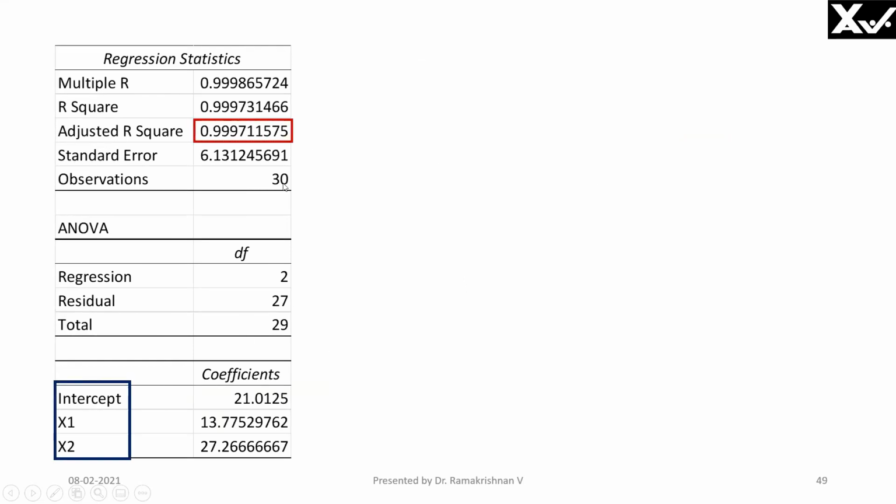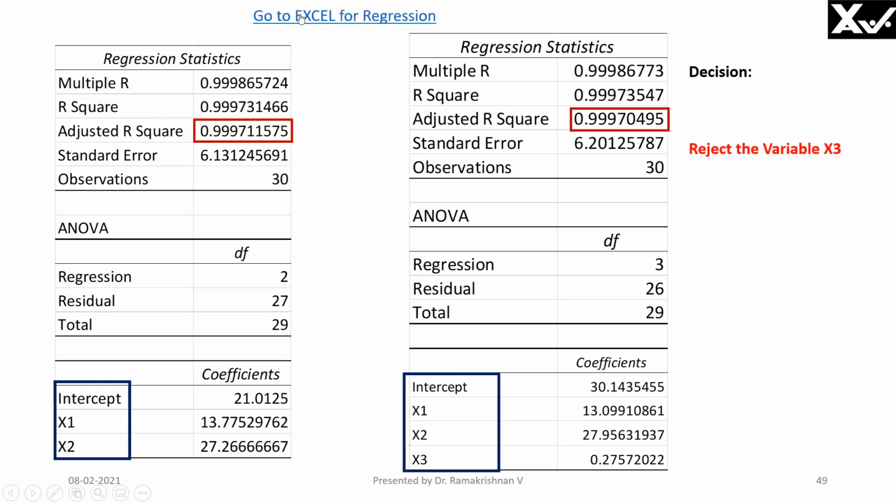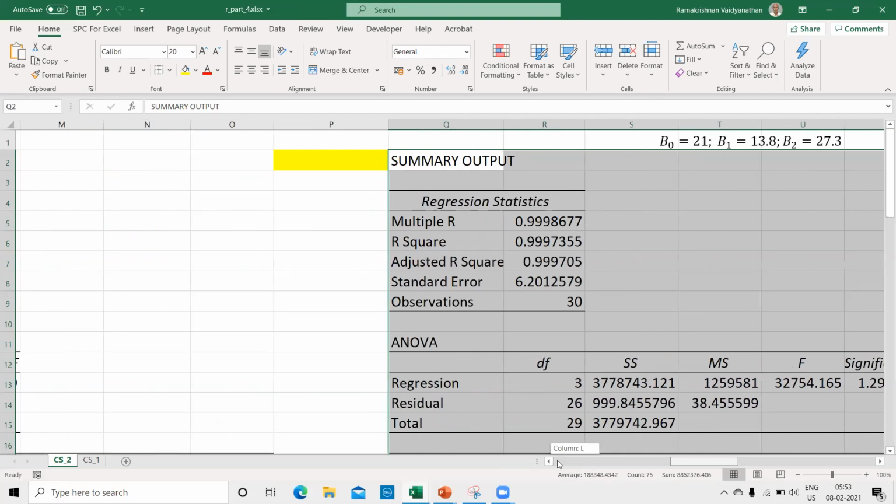Here there are 30 observations. We have seen that the R squared value in the two variable case itself is 0.997. We could have stopped there itself, but we tried to find out the effect of another variable, a random variable x3. We found out that it is decreasing. Therefore, we have taken a decision to reject. All these things you can compare here. Instantly, we got all the values.